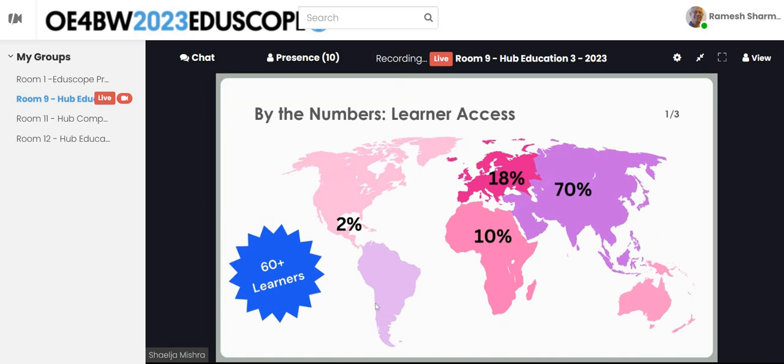And as you can see from the map, we have learners across the various continents, and even within a continent. For example, in Africa, we have learners from north, east, west, south, so from Kenya, Egypt, Tanzania, South Africa, and from a particular country also. We have many learners from India, and they are also from various parts of India. We have them from Guwahati to Hyderabad, Pondicherry to Dehradun, Mumbai, Delhi, Bhagalpur. Learners from various parts of the world found the course relevant to them.